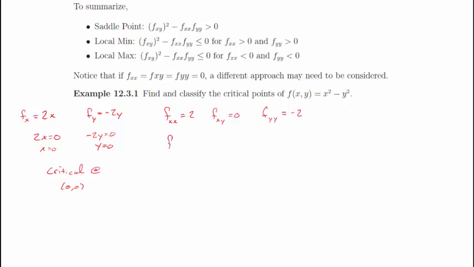So if I look at (f sub xy)² minus f sub xx times f sub yy, this equals 0 minus a negative 4, so plus 4, which equals 4. We're seeing this is greater than 0, so we have a saddle point